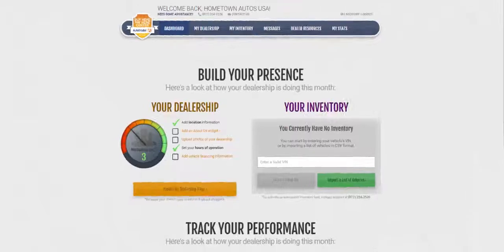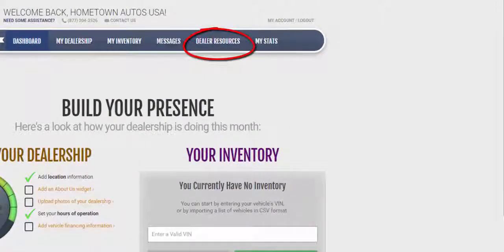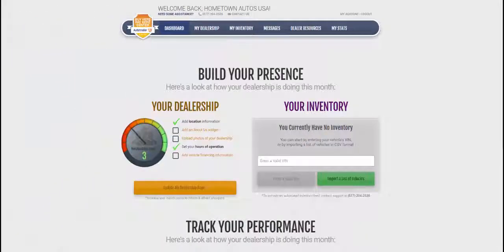For more information about merchandising best practices and other helpful hints to help you make the most of your online presence, be sure to check out the Dealer Resources tab at the top of the dealer dashboard. Using the tools available on the Autotrader Buy Here, Pay Here Center will ensure that you have every opportunity to effectively connect with your